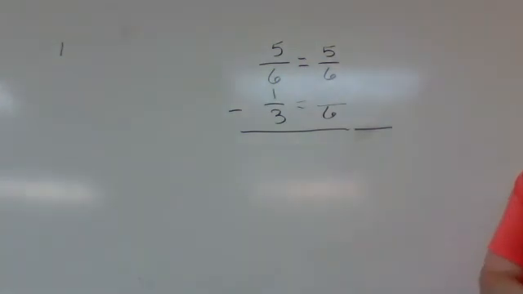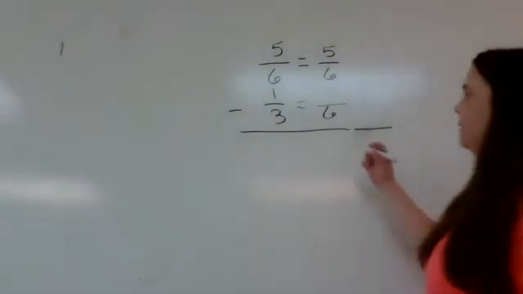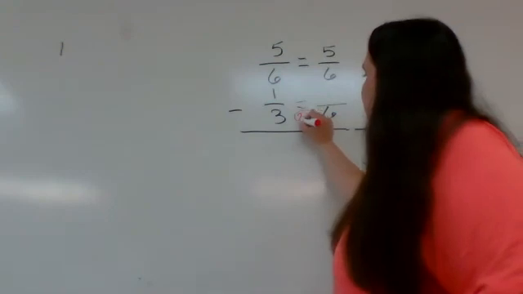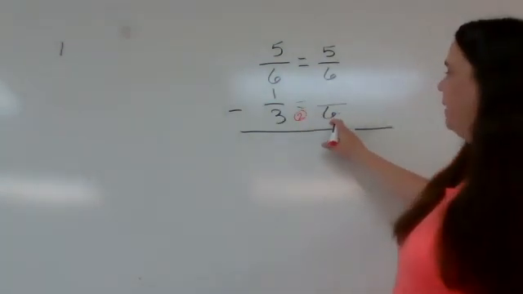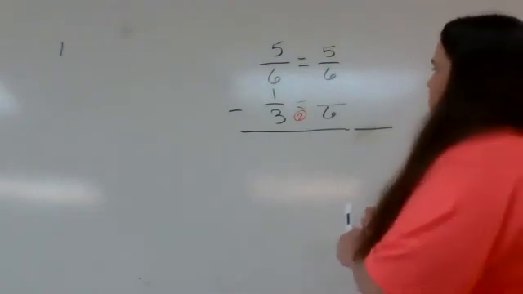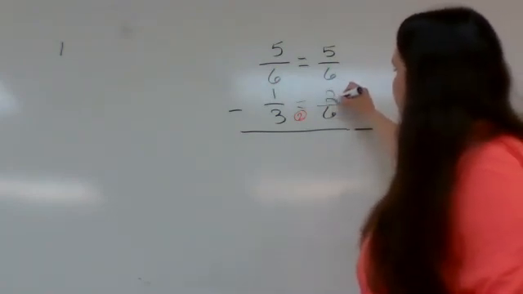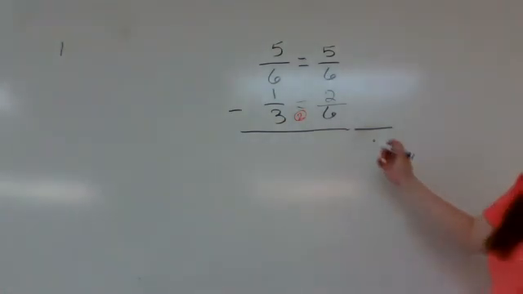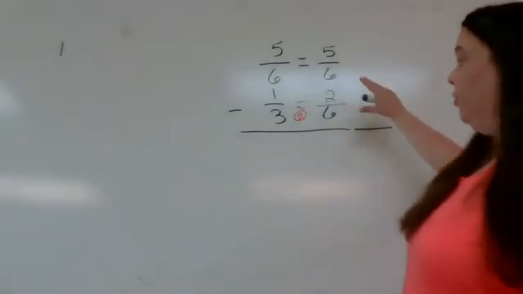So 3 times what is 6? 2. 3 times 2 is 6. So 1 times 2 is 2. And now remember with adding and subtracting, you don't do anything with the bottom